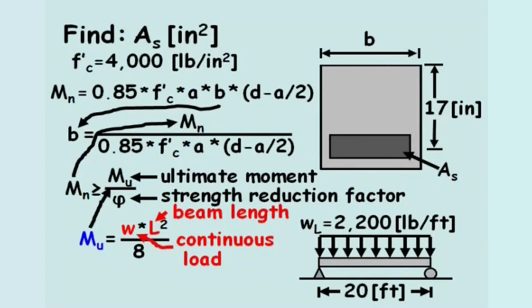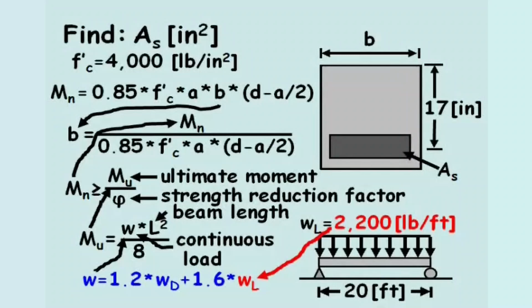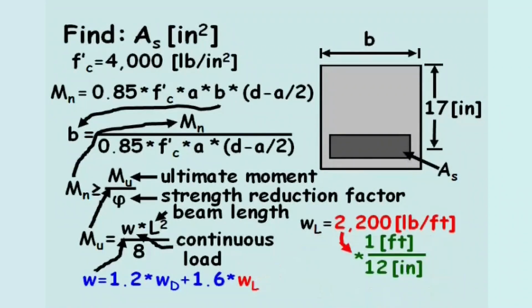The continuous load is a factored load, which equals 1.2 times the dead continuous load plus 1.6 times the live continuous load. From the figure, we know the live continuous load equals 2,200 pounds per foot. To keep the units in pounds and inches, we'll divide that value by 12 inches per foot, such that the live continuous load equals